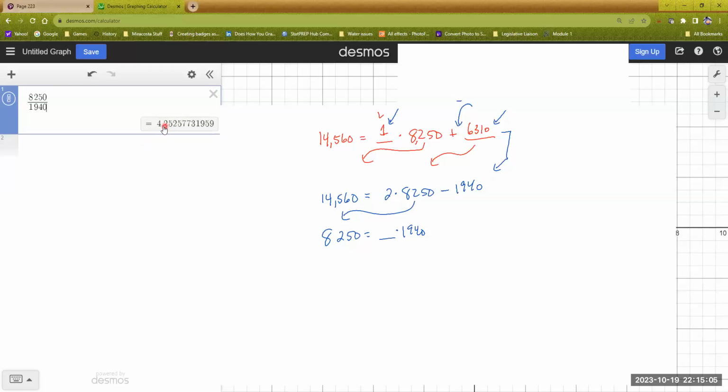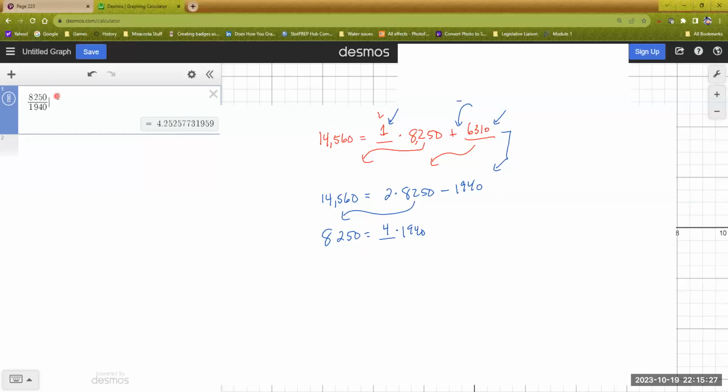Okay, now the number is 4.25. So this number is much closer to 4. So instead of rounding up like the other one, which was 1.76, so I would round that up to 2 so that my remainder is a little bit smaller. And so what you could do here is just say, well, I'm going to round this one down to 4. And so I have 4 groups of